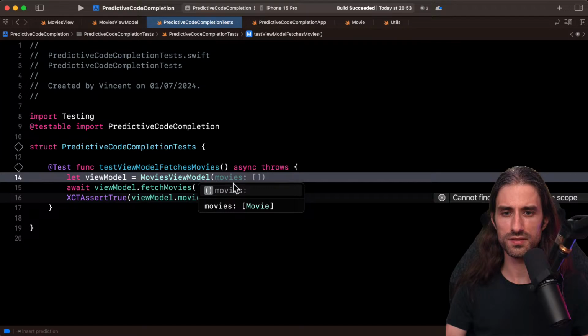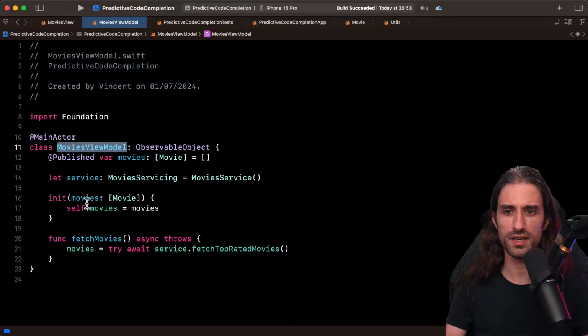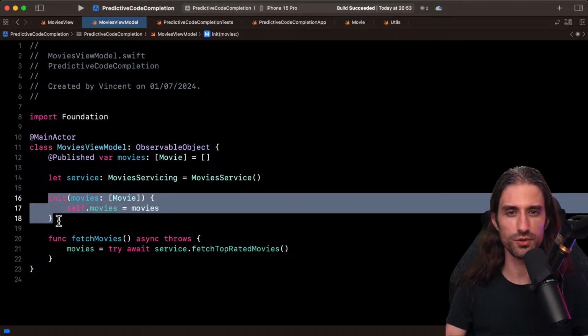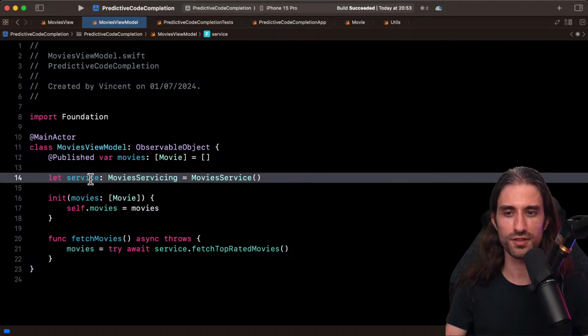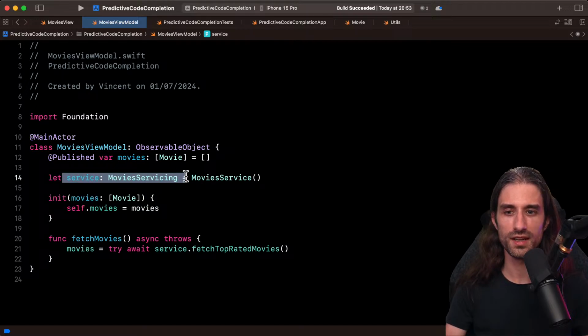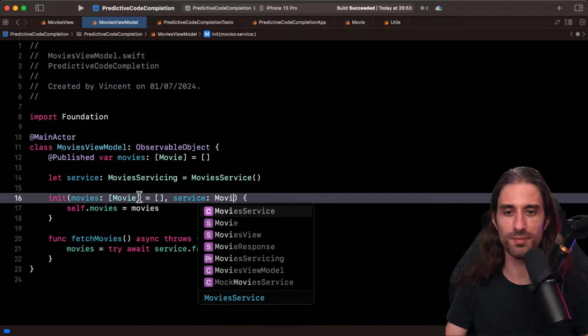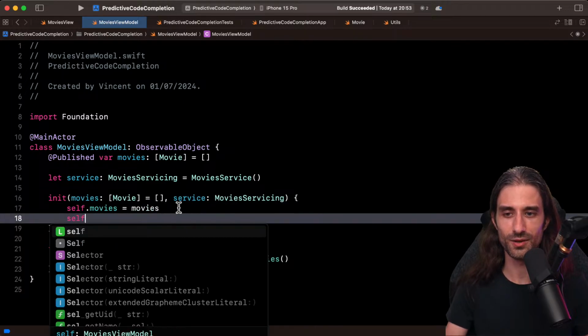Why does it do this thing? Because, so wait, here I did an add testable import. So normally, yeah. So when I said that this was good, yes, it's good, but it's not what I want. What I want to do, actually, I don't care about, I mean, you can provide this if you want, but actually, what I want is the service argument. That's the one that I'm the most interested in.